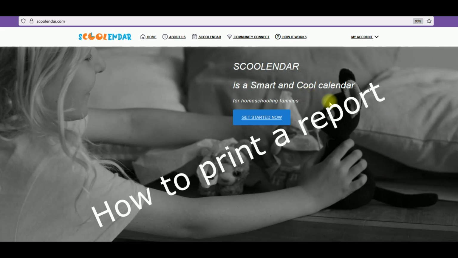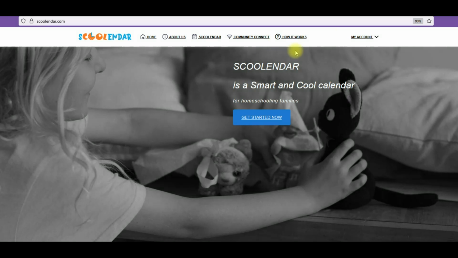Okay, so you would need to go to scoolendar.com or scoolendar.com.au, and you will be brought onto this website. Now, if you're not registered, you would need to click Get Started Now, or there will be a sign up. I'm already registered, so I go into my account, I log in to my account, and then under